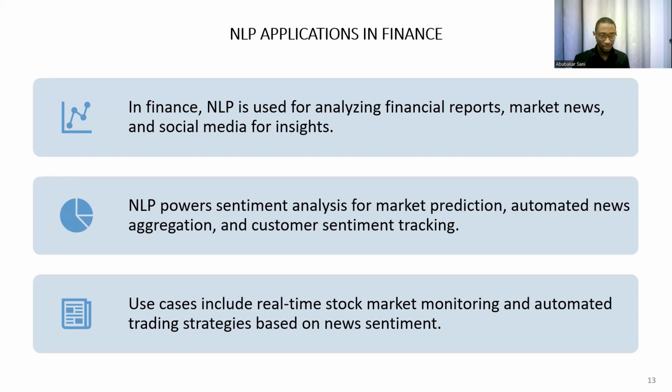So we have seen them, and based on these tasks, we are going to look at how natural language processing is applied specifically in the finance sector. For example, you can have an AI system that can read and analyze financial reports on your behalf. So you provide financial reports of a company, they file these financial reports and you give it to the AI and it will be able to analyze it. You have market news. So based on this market news, you are, let's say, a news trader. If there is positive news about a certain asset, you buy. If there is negative news, you sell.